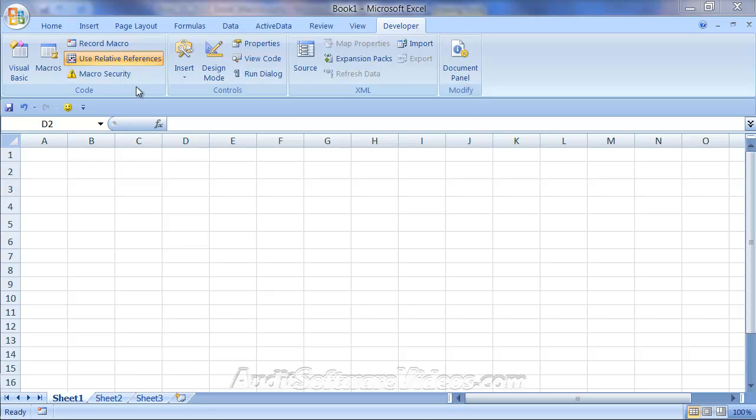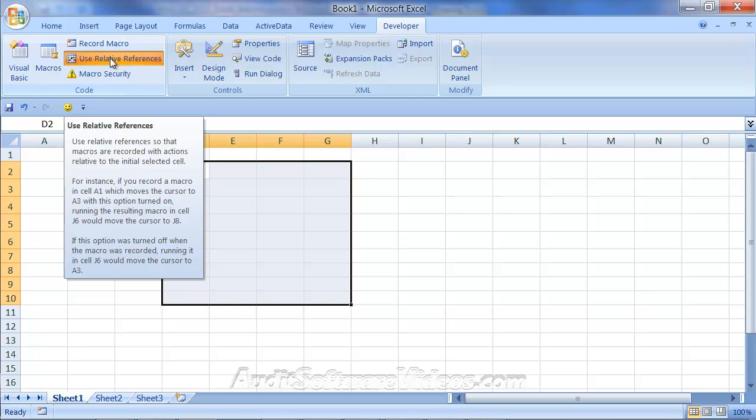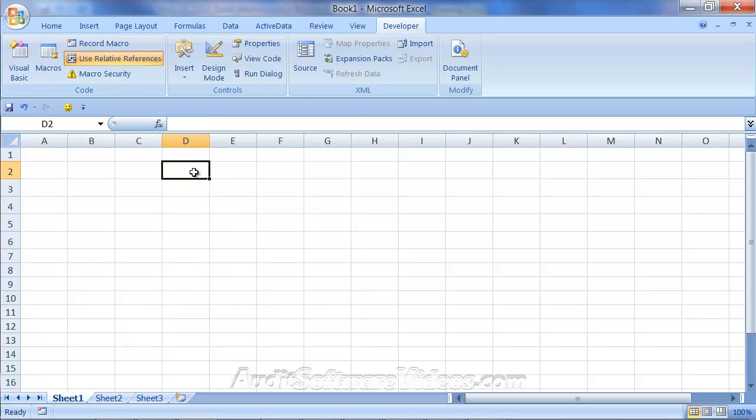And I wanted to show a couple of things, one being the use relative references should be set. And again, use relative references, let me highlight that. It even tells you what it is. It's going to make sure that the actions are recorded relative to that selected cell. So you want to make sure that you're not setting it up in an absolute way. Otherwise, you're going to always have the tick mark being put in the same place every time,